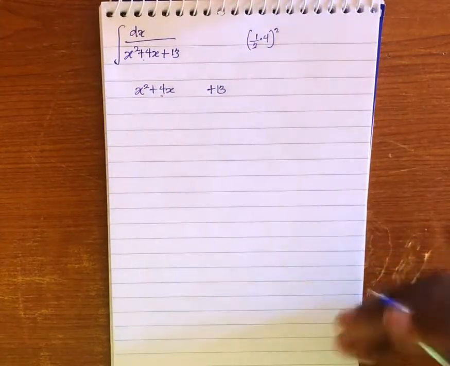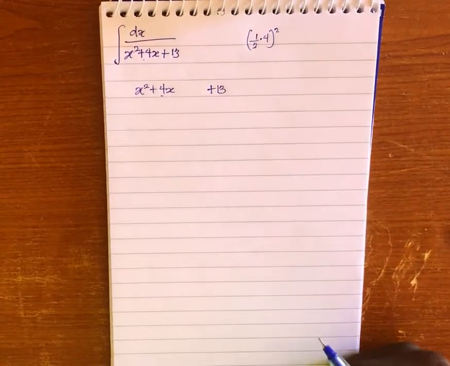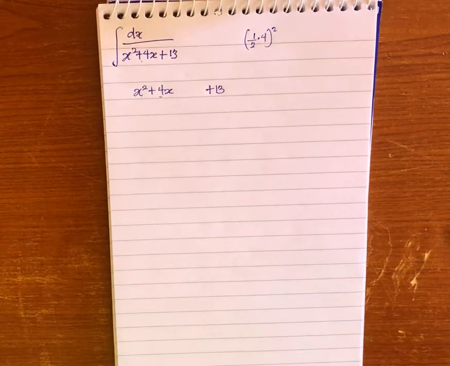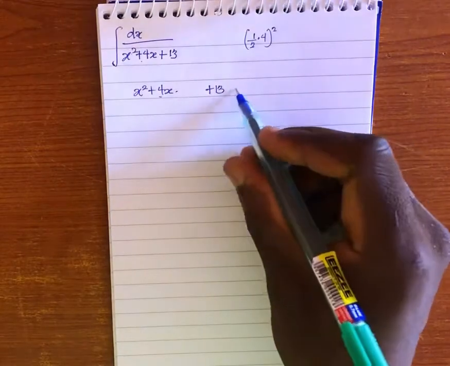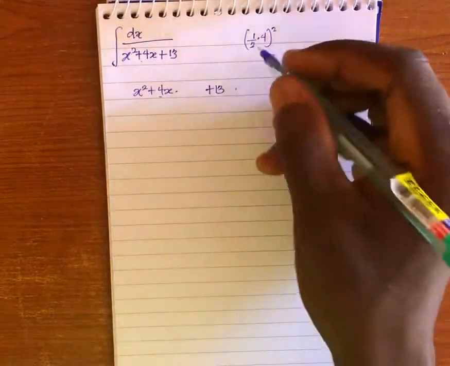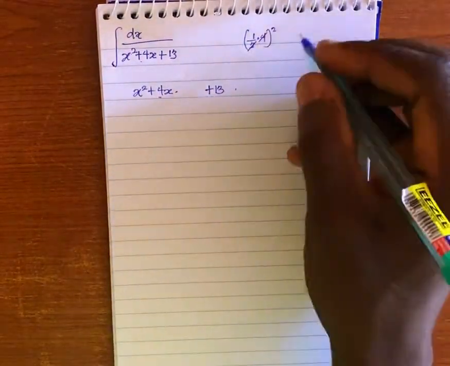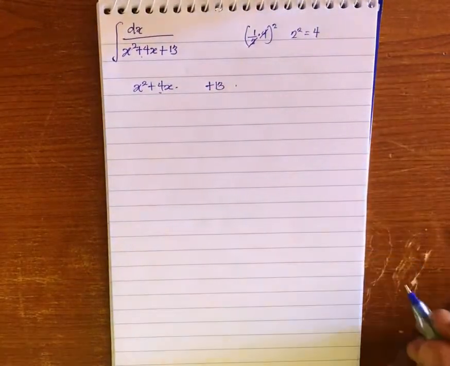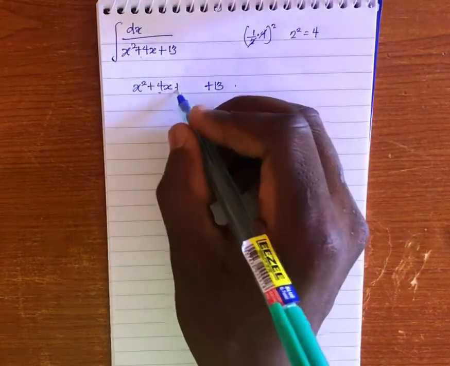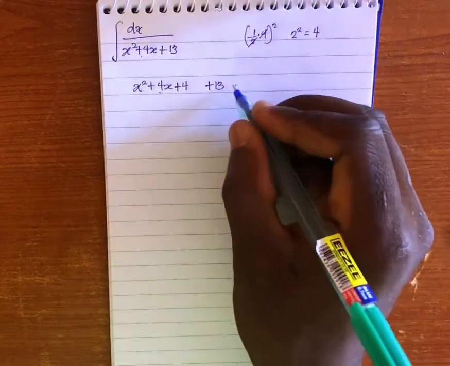Can you see it now? Half of 4, then we square the half of 4. Hope you are following me now. After squaring half of 4, we are going to add it here and also subtract it here. Here we are having 2, that's 2 squared, which is also the same thing as 4. So we add plus 4 here and also subtract